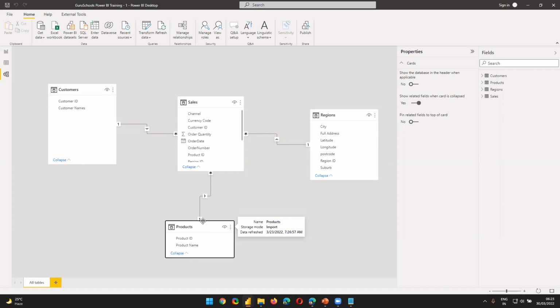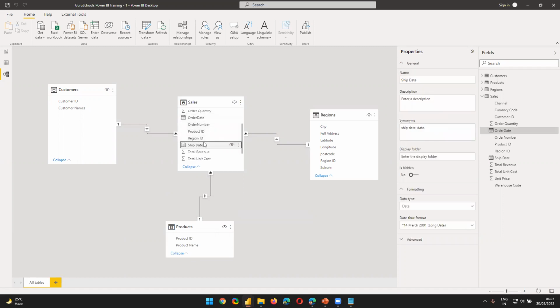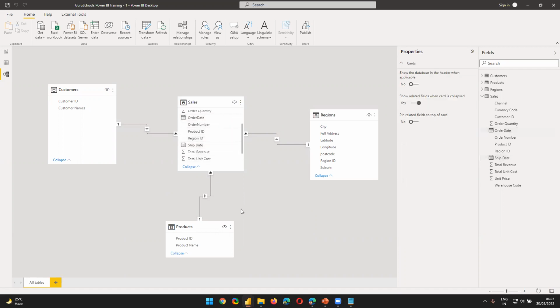Because we don't see date. Order date, ship date, we need a dates table. Why? Because in the fact table we have the date, but in a dimension table, we need to connect to give the relationship. Exactly. So that is one reason. The second reason is